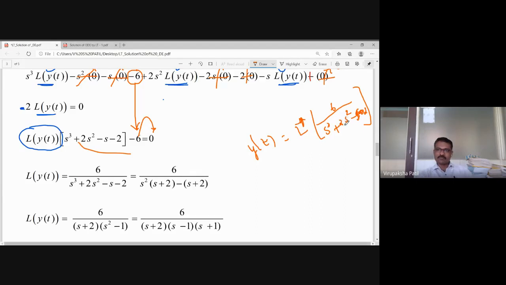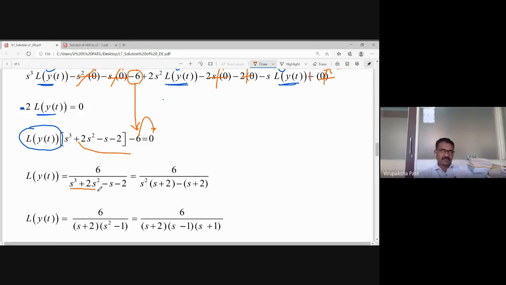Then next, one more thing is left. What is that? The partial fraction method. Partial fraction method means, is it possible to factorize this? You have to check that. Of course it is possible to factorize here. Convolution is also not applicable here, but you can factorize here. So if you factorize the denominator, what will you get? See, observe from the first two terms, it is a cubic equation, so you have to think and act.